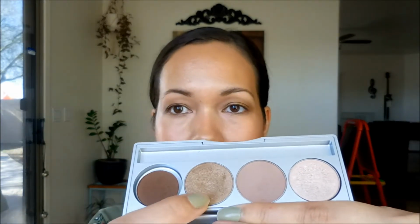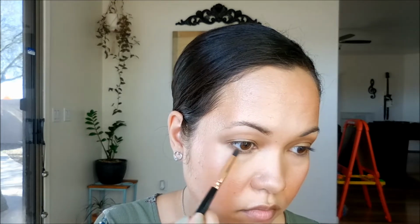Okay, so there's that on the lid. And then I'm also gonna take a pencil brush that I forgot to bring out here, so let me go get it. Okay, so a pencil brush. This one I have by BH Cosmetics again. It's the number 10, but it's like a pencil brush like that. And then I'm gonna go into that first shade and line all of my lower lash line with that. And then that second shade that I put all over my eyelid, and this just on the outer half of the lower lash line. And then I take the Tear Me Here in number 10 brush,